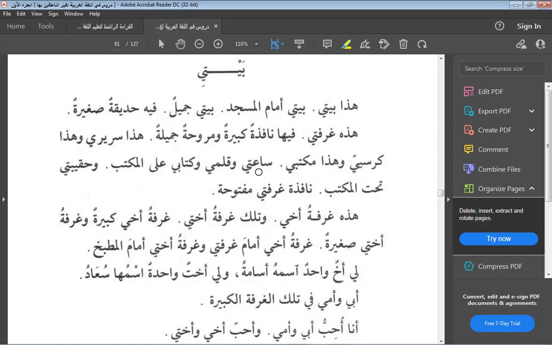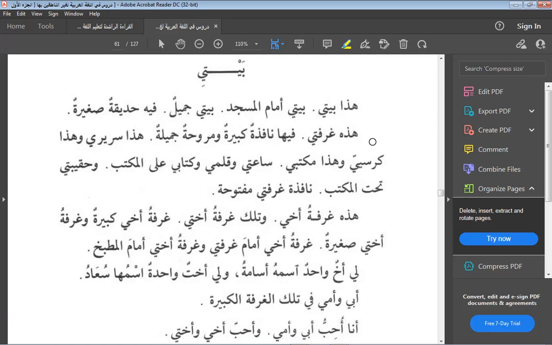ساعتي, ساعتي. As I indicated in the last vocabularies and expressions, sa'a can mean hour, H-O-U-R. Sa'a can mean clock, the big clock. Sa'a can mean watch, wristwatch. Sa'a can mean moment. For example, if somebody comes to you at an odd time in the night, you can ask them, limaza ji'tani as-sa'a, or limaza ji'tini as-sa'a. As-sa'a here means, why did you come to me at this moment, at this time?